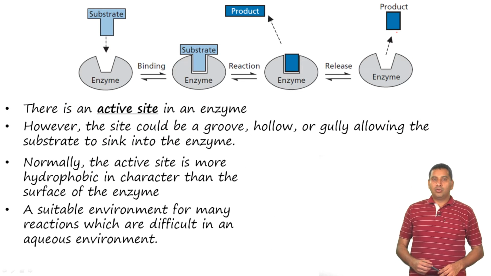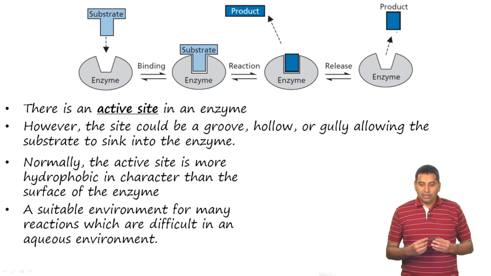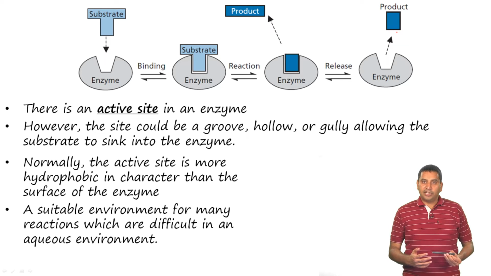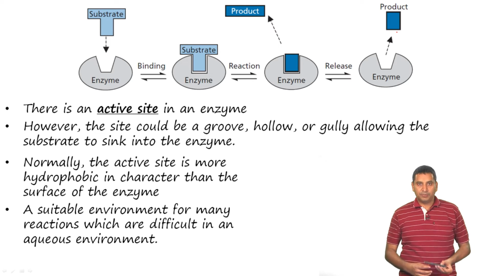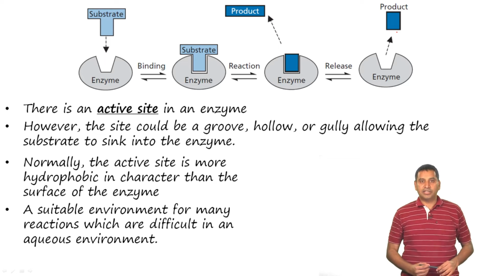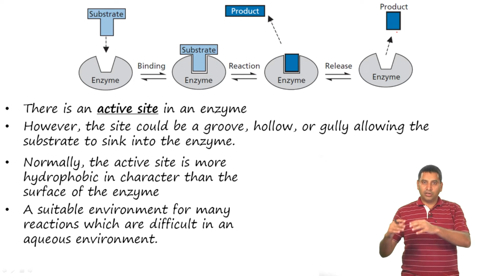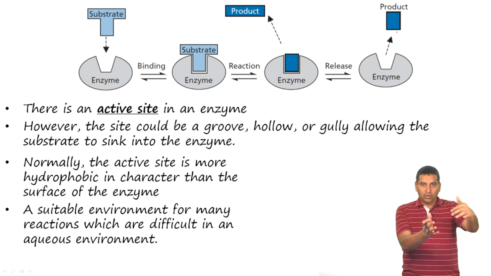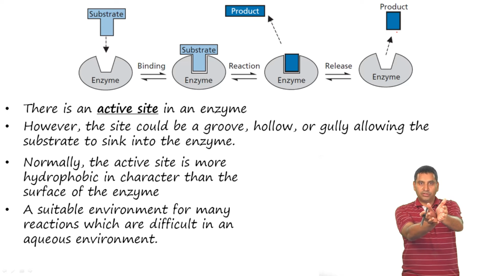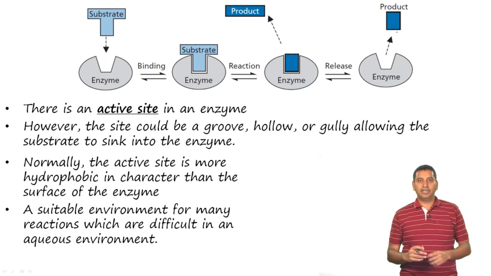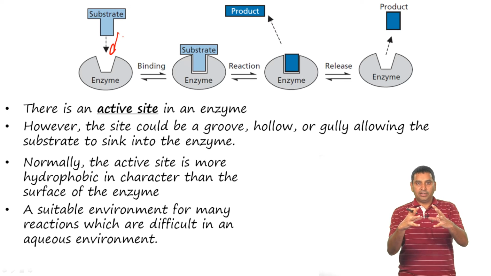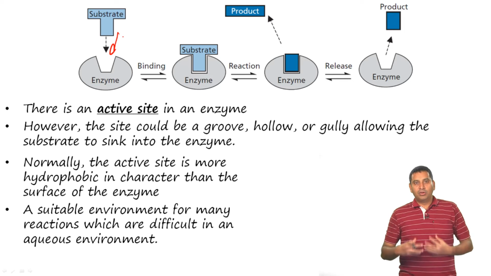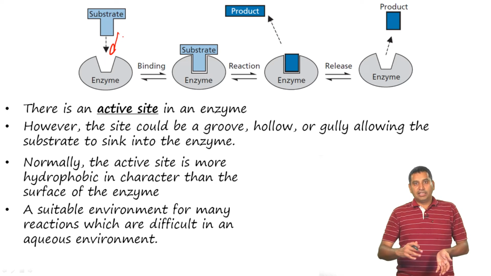Now, as we can imagine, an enzyme must have a site at which the substrate must bind. This is called the active site. Now, this site can be a groove, a hollow, a gully, or any of these small structures where the substrate can actually get in. And once the substrate gets in, there is a binding that occurs, and this binding results in a change in the conformation, and of course, the enzyme can now do whatever it is supposed to do,